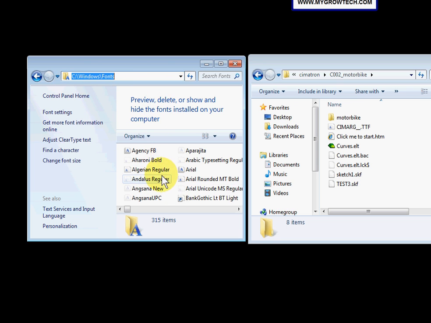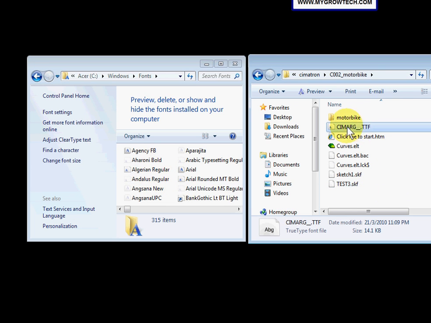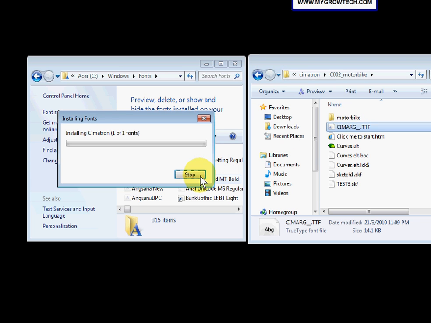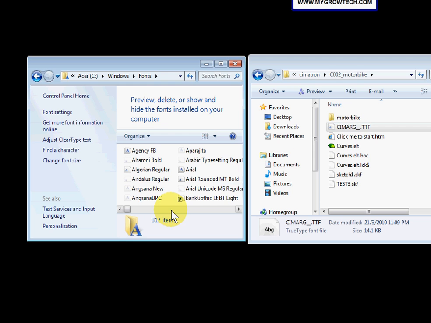The font extension is TTF. Make sure you already downloaded this CimatronE font logo into your working folder, and then to copy this font to the Windows font directory, you just drag and copy. Just copy into this area,